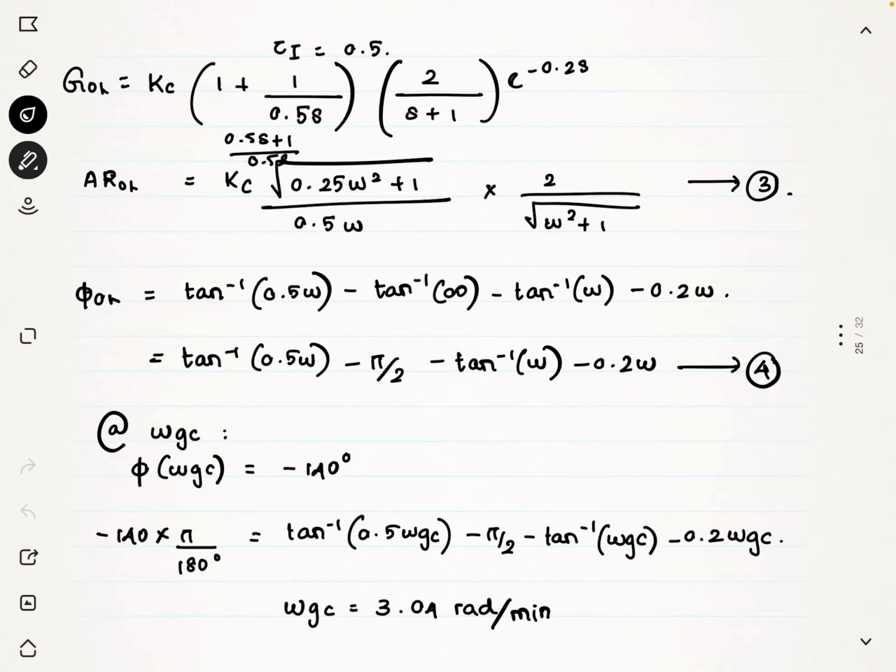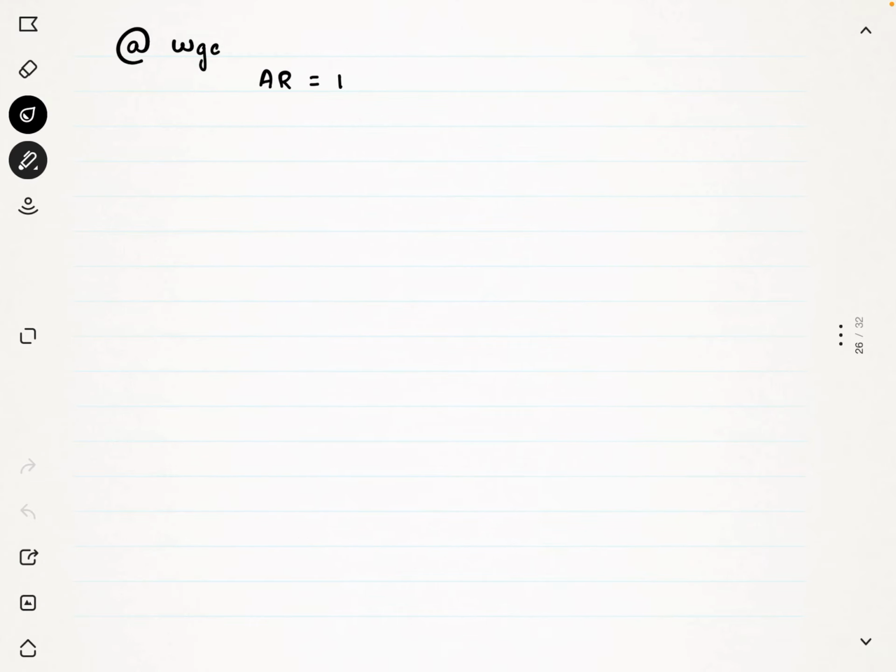So we know omega gc is equal to 3.04. If we substitute omega gc equal to 3.04, which is equal to omega in equation 3,